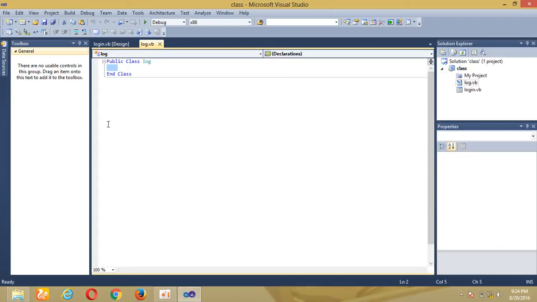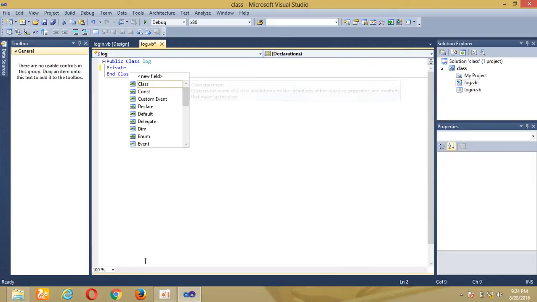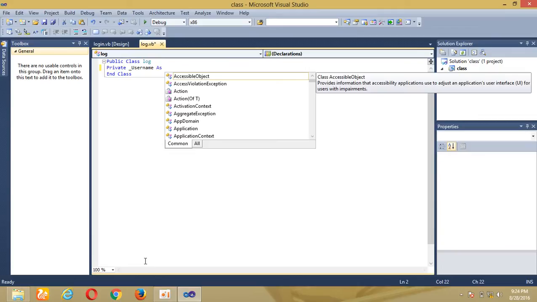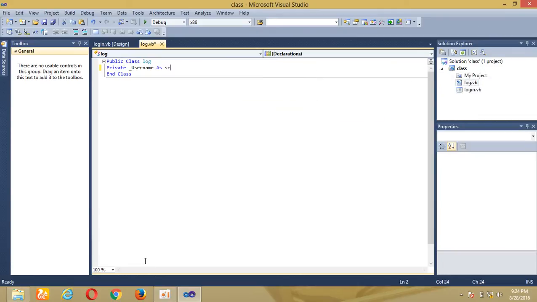It's up to you, but for now, because I want us to do a login, let's use private. Private underscore username as string